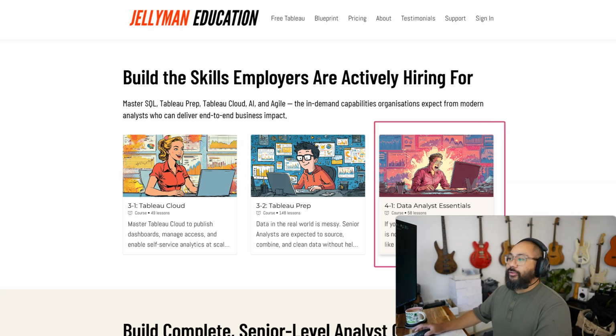Data Analyst Essentials is really made up of 3 parts. The first part is SQL programming, where if you're a data analyst, you need to know SQL programming. Practically every role requires it now, I would say, especially beyond a junior level, because we need to actually pull data from somewhere. And the great thing about SQL is once you learn SQL, you can learn multiple platforms automatically,